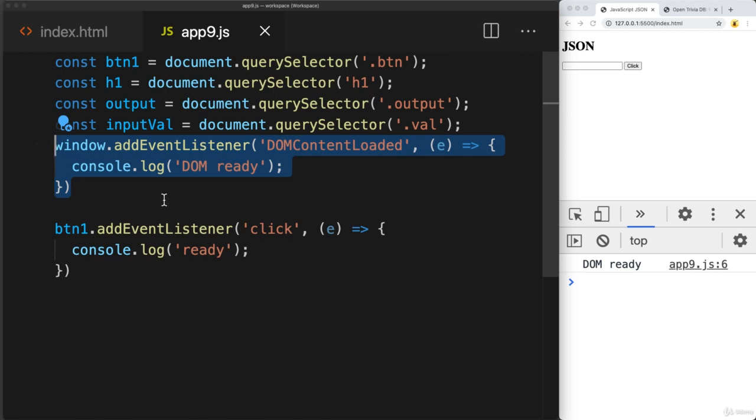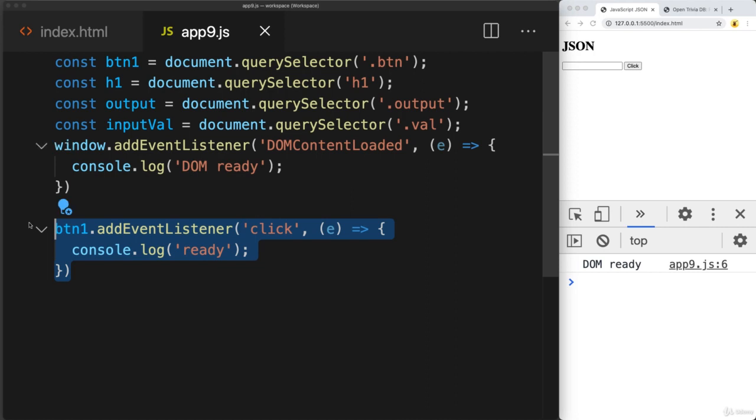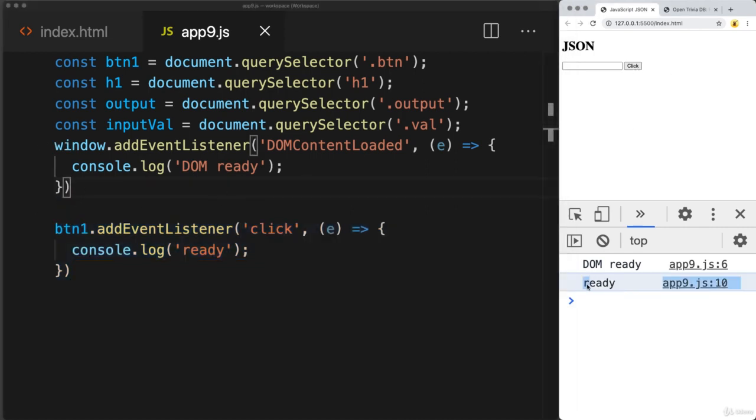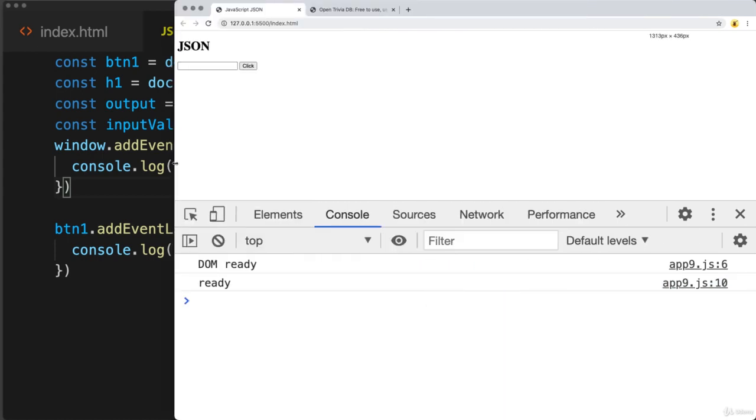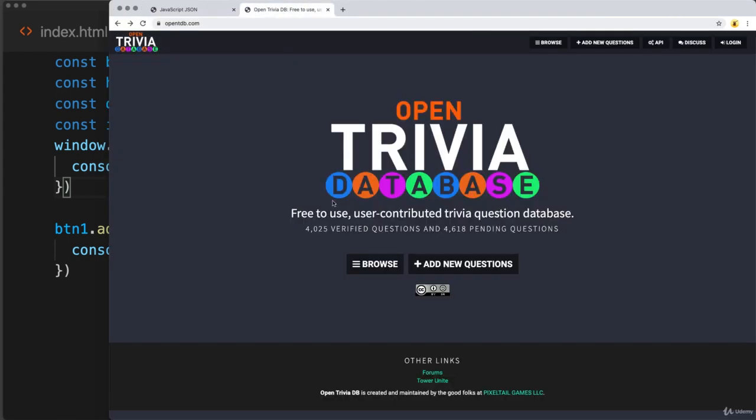Also, we've kept the add event listener, the DOM content loaded. So if we want to load some content directly on the page, whenever the DOM content is loaded, that's available as well. And then the button also has the event listener, so that's ready to go. So when we click the button, we're having the event listener function fire off. So this lesson, we are going to be opening up and using the